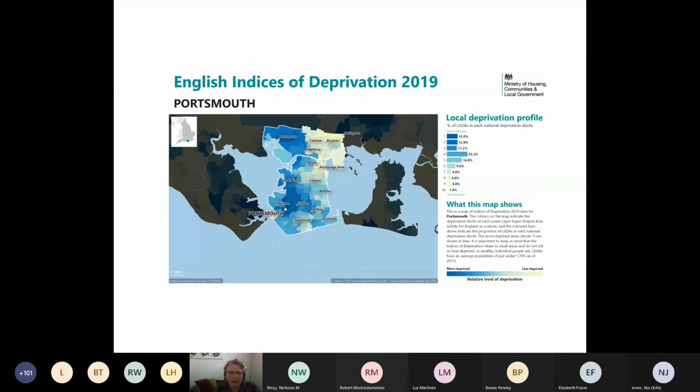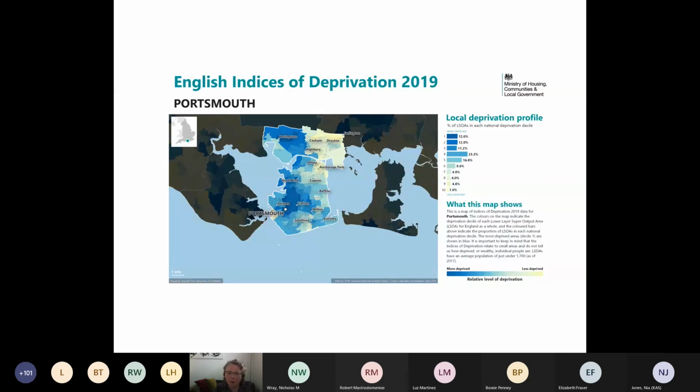So Bowie, I think, put up a picture of where you can get to all of the various local authority level maps. We found these very useful, as these are produced by the University of Sheffield and are available from the IMD resources page. The dark blue represents high deprivation, and the lightest colour is the least. These are for the LSOAs, 125 LSOAs within Portsmouth. It shows overall that the most deprived areas in Portsmouth are to the west of the area and the least to the east. So there's an east-west divide.